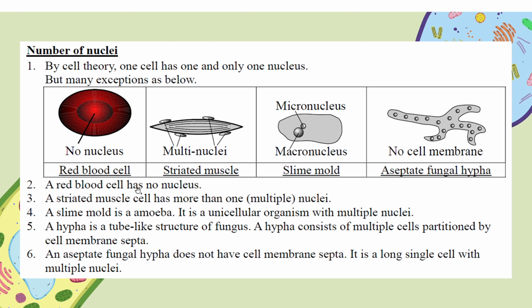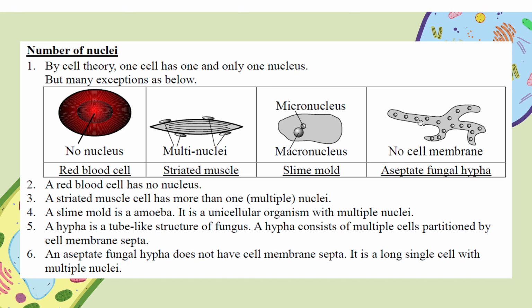A red blood cell has no nucleus. A muscle cell has more than one nucleus. It's a very long one. A stem cell will also have two nuclei, micro and macro. And a hypha is a tube-like structure of a fungus. No problem, because normally the fungus has a lot of cells, and multiple cells are partitioned by the cell membrane, septa. So it's partitioned. So each cell has one nucleus, but in an aseptate fungal hypha like this,